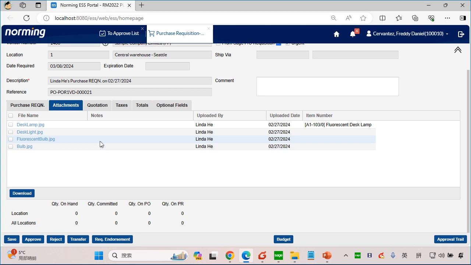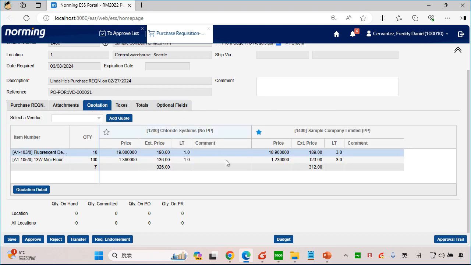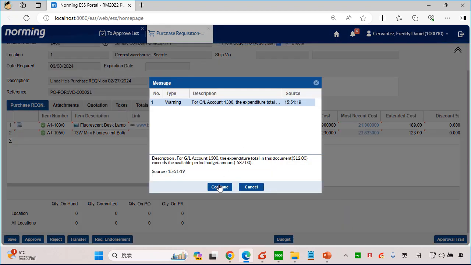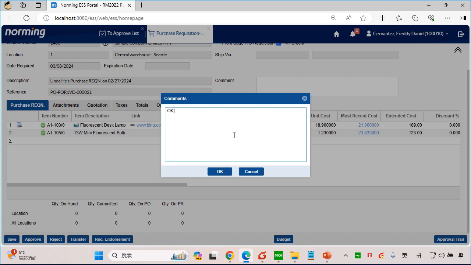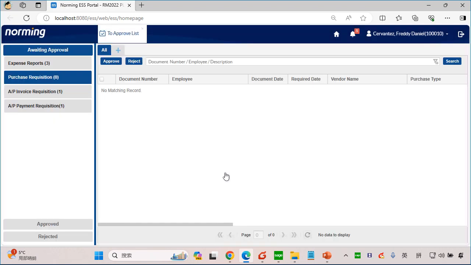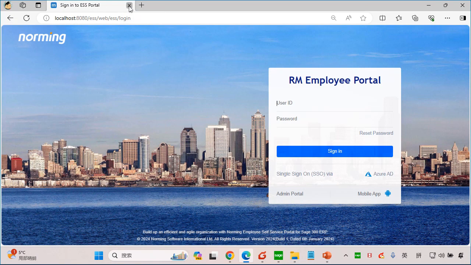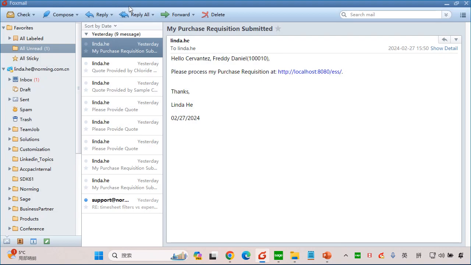Daniel, of course, if he wants to see the attachments, that can be done from here. Or Daniel can also view the information from the vendor, right? Okay, so approve it. Okay, please place order ASAP. Okay, now this PR has been fully approved, and when the PR is fully approved, the email